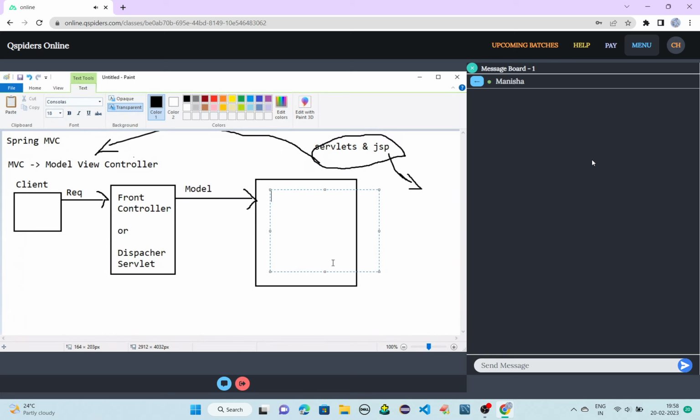So first it should hit the controller, correct? Then it will go to the DAO. After going to this, it will get saved into the database, correct?